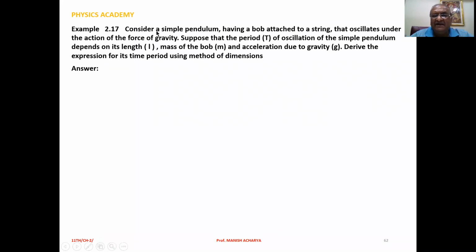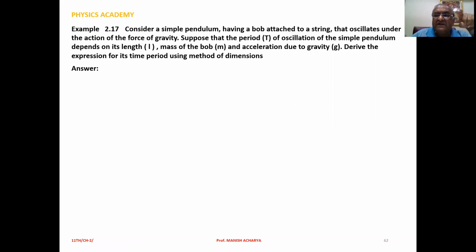Example 2.17. Consider a simple pendulum having a bob attached to a string that oscillates under the action of the force of gravity. Suppose that the period capital T of oscillation of the simple pendulum depends on its length L, mass of the bob m, and acceleration due to gravity g. Derive the expression for its time period using method of dimensions. Here,